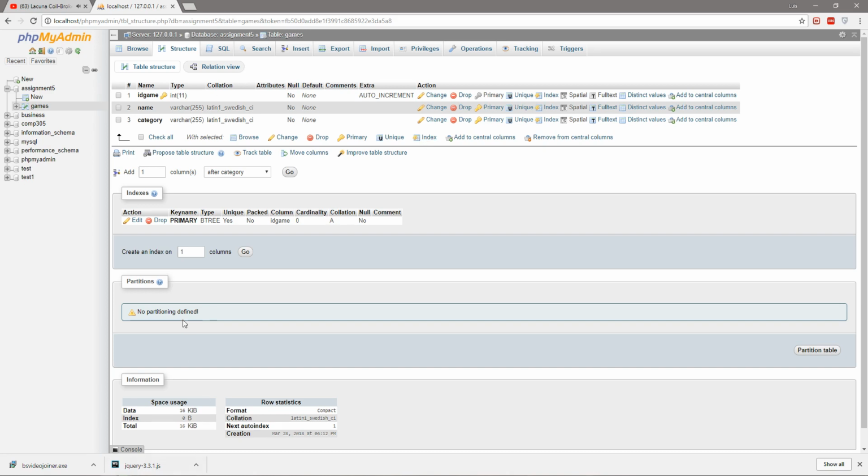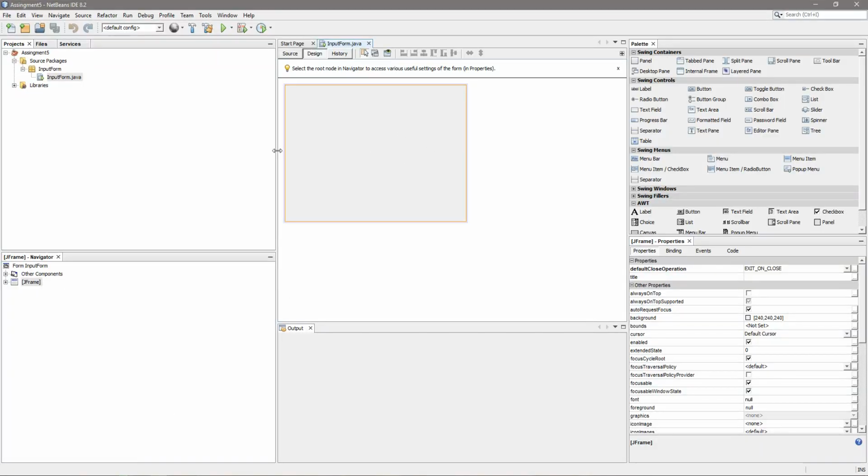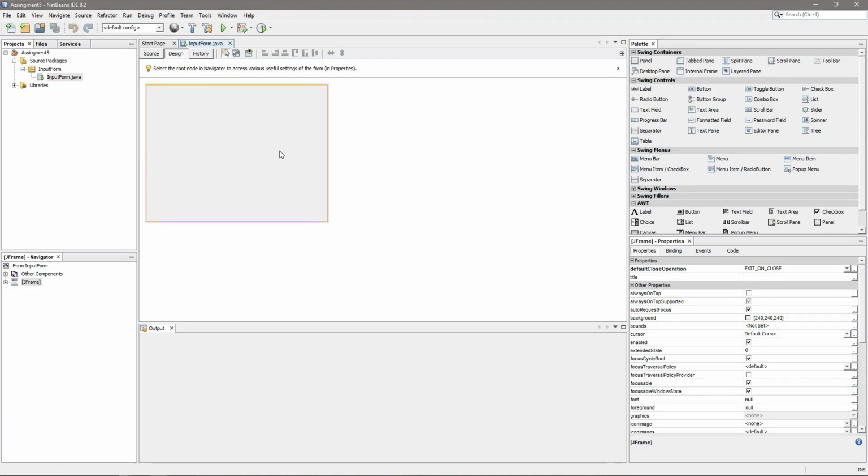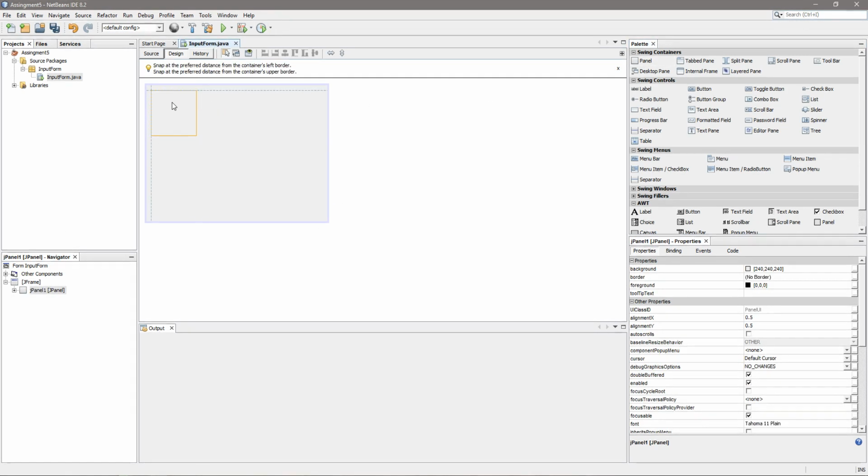So now go back to our form, and since we are asking the user for specific items, which are the game and the category, I'm going to display only 2 inputs, right? For inserting the information inside the database. So the first thing we have to do, as always, is just create a panel. Now inside this panel, I'm going to use, let's see, I think